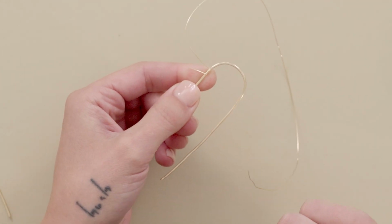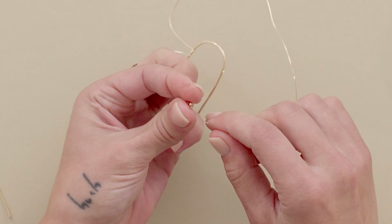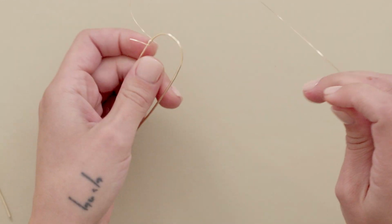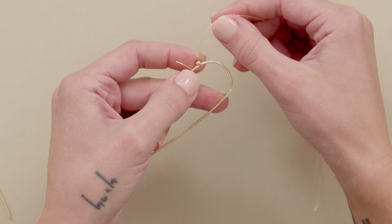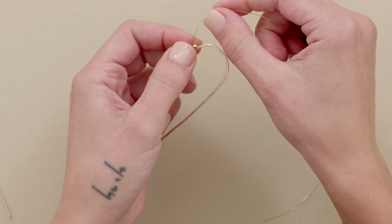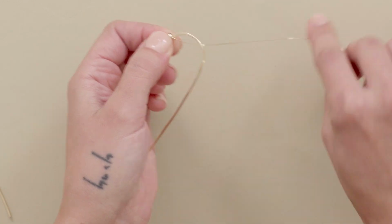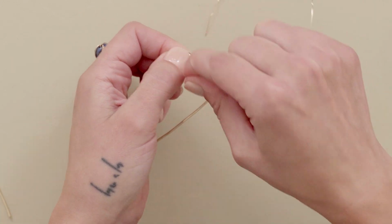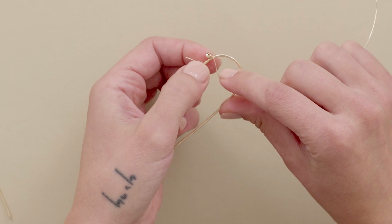So now I'm going to add my first bead. I'm going to start with a gold one. Okay, so I put my gold spacer bead on the wire. And then with my finger here, I'm just going to hold this in place and then kind of pinch it and wrap the wire around. So you see how it kind of holds that bead in place,